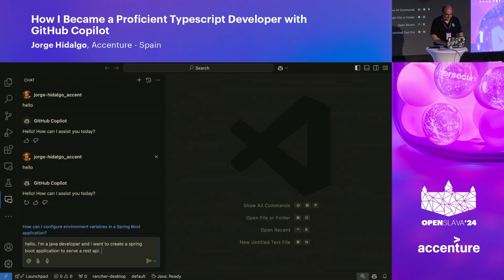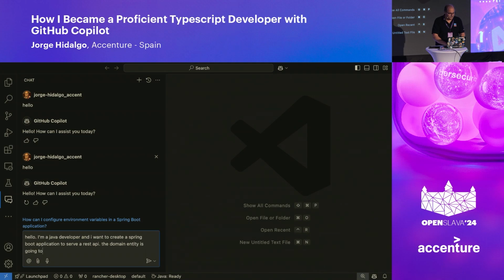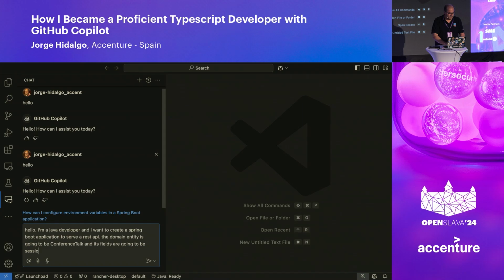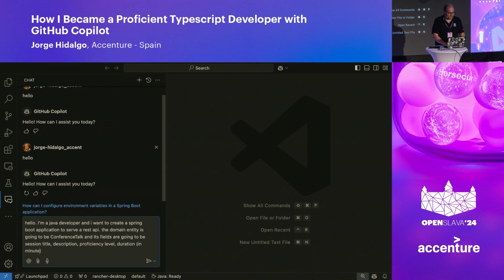The domain entity is going to be conference talk. Not the typical entity that you will see in a tutorial or a demo, okay? And its fields are going to be session title, description, proficiency level, duration in minutes,